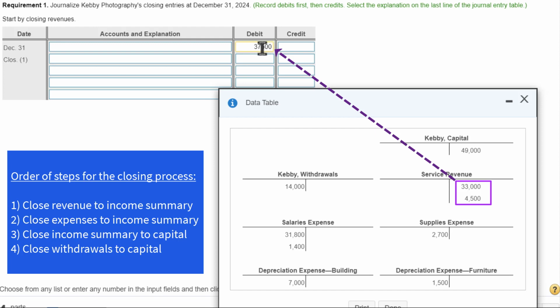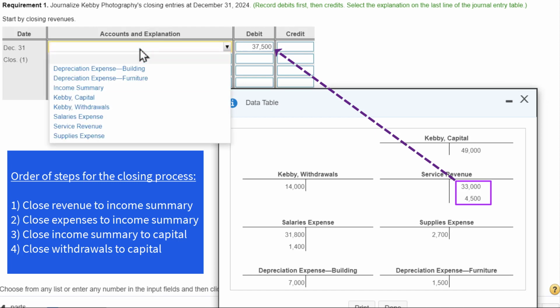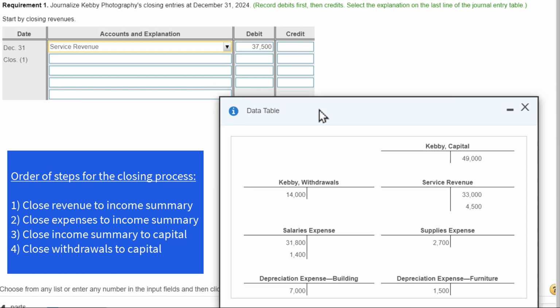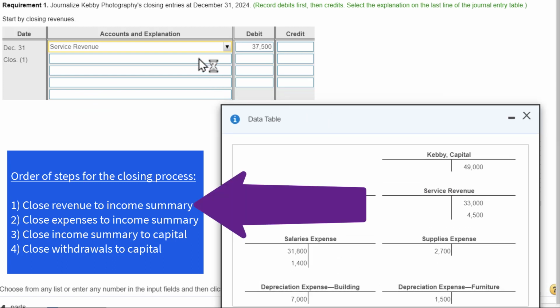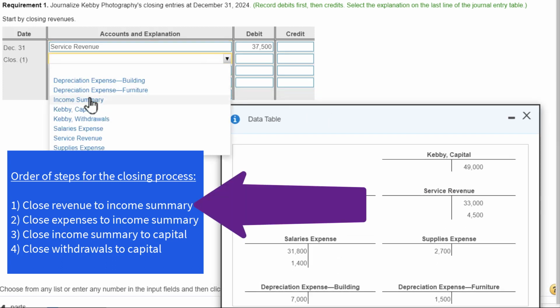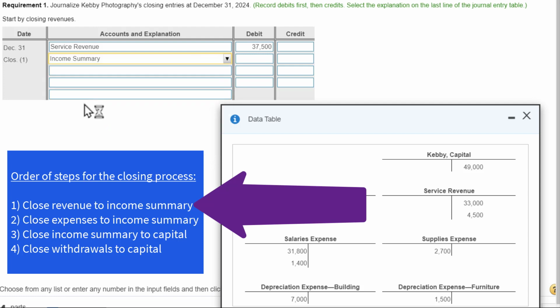Put the comma in there so it looks pretty. I'm going to debit service revenue. So where do revenues get closed to? They get closed to the temporary holding tank called income summary, because it's going to hold revenues minus expenses, which is also known as net income. That's why they call it income summary. So I'm going to copy and paste this